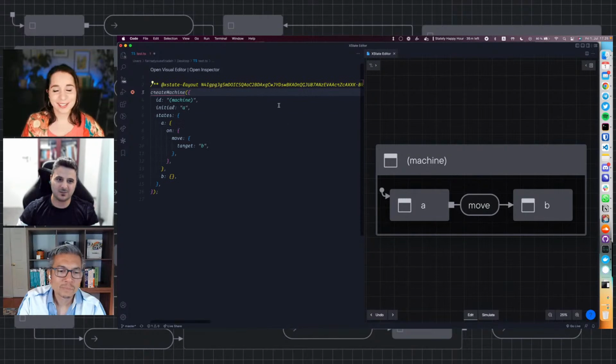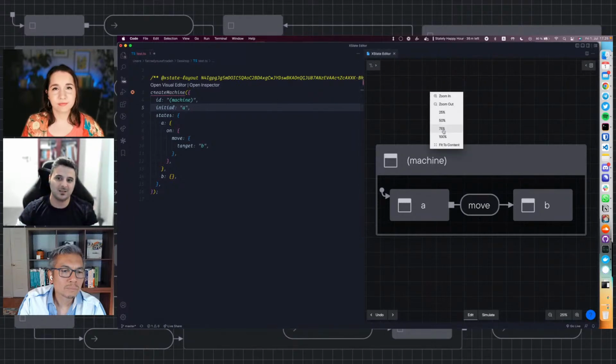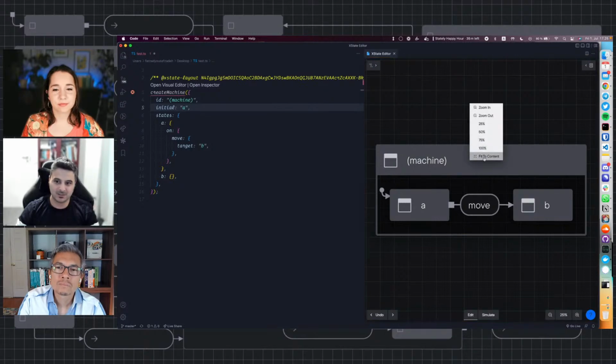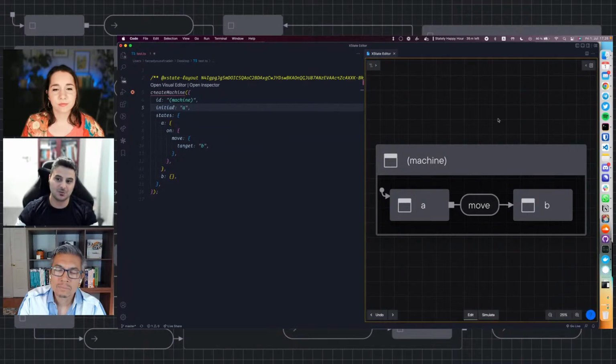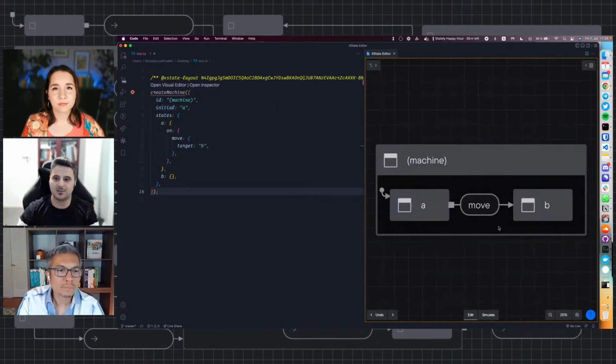This is going to be really, really great because we have received a few pieces of feedback from people saying that when I open my VS Code extension, I have to just look around and figure out where my machine is. And most people don't know that we have an option here called fit to content. Not only can you right click and see that in the context menu, you can also open this zoom panel here and see that you can also use Shift+1 as a shortcut to enable that. So you can do this and it will bring it to the center and try to squeeze into the available space in the viewport. So now we do that automatically for you.